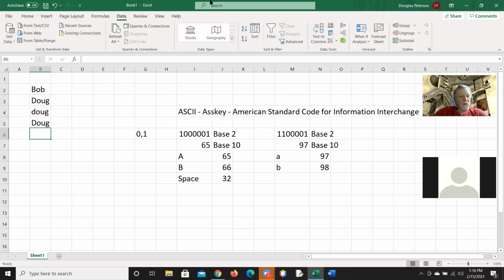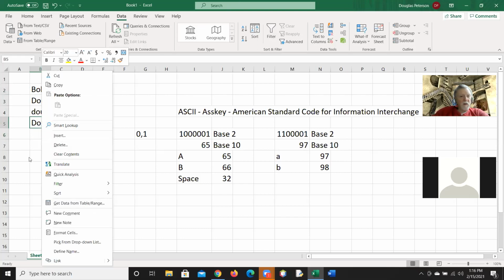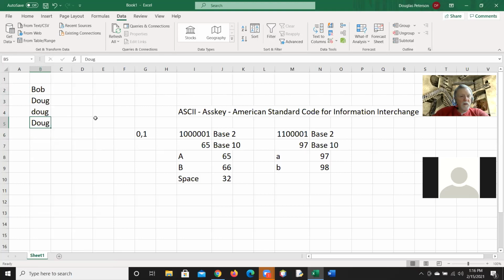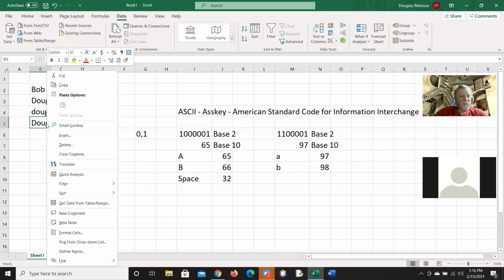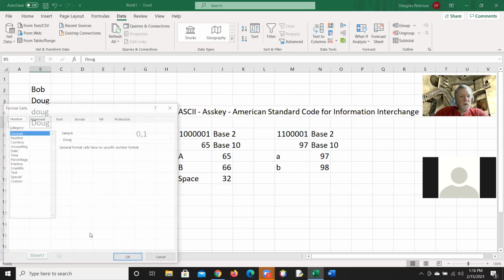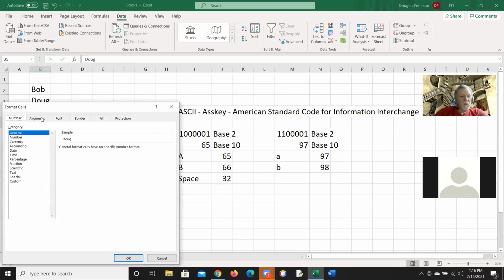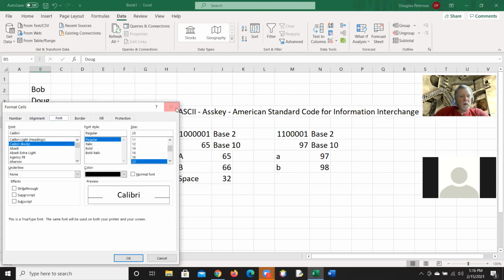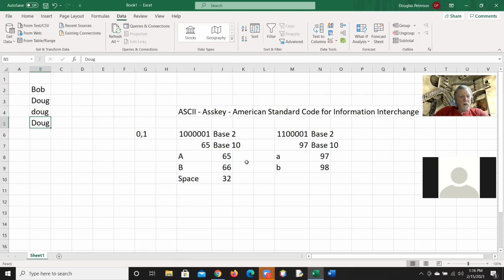I don't know why it's doing that to me today. You might be able to hit undo to undo the auto format. Yeah. It's because this one says Doug like that, I think. Oh, well. Anyway,